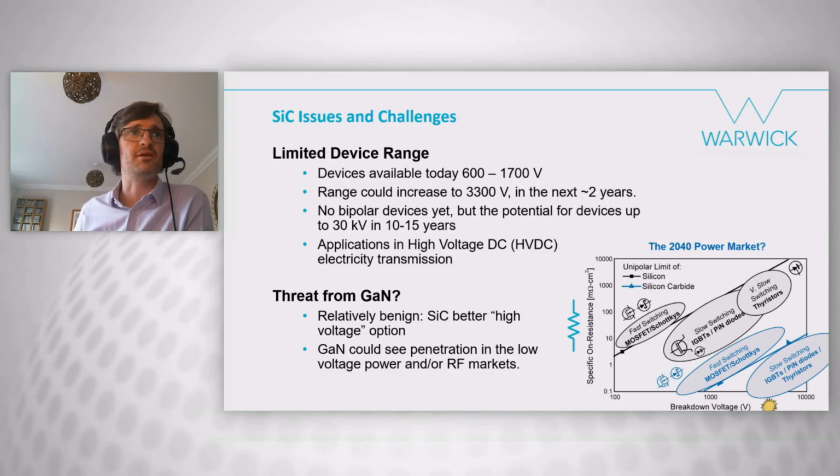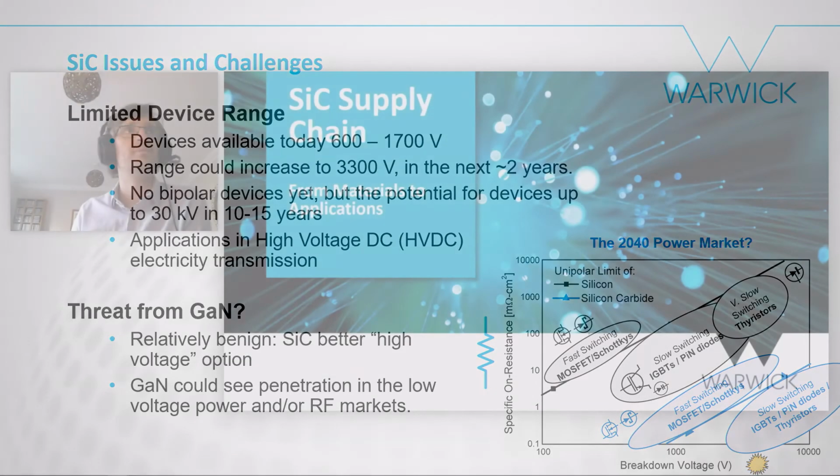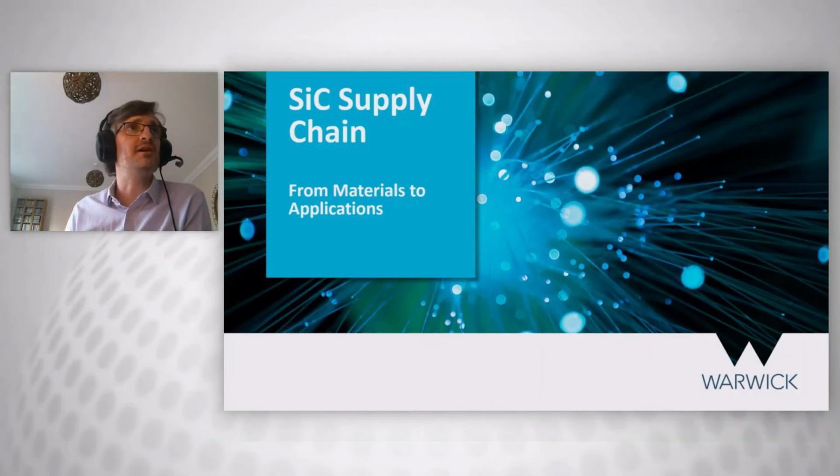Gallium nitride, I think most of us tend to agree, will see a lot of penetration into the RF market, potentially into the low voltage power sectors. But where we're starting with silicon carbide from 600 volts upwards, the potential for gallium nitride is really 1200 volts downwards. So there might be slight crossover, but I consider they have their own markets and their own potential benefits in different spaces. And so Jay's asked me to take a look at the supply chain